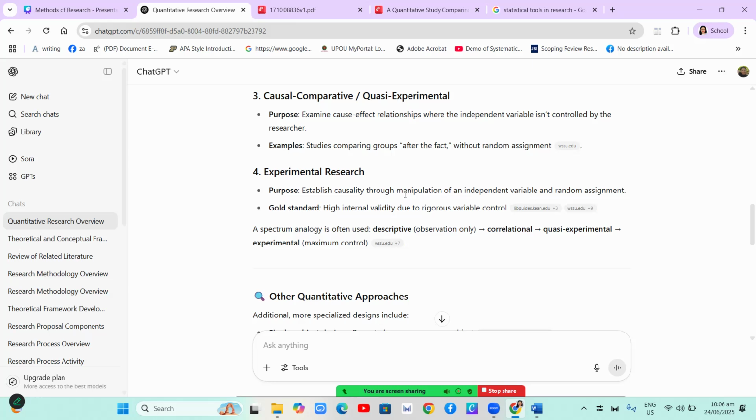For example, in my thesis, my research is entitled Contextualized Comic Strips in Physics. And I use the comic strips as the independent variable, and I apply the comic strips I developed with the topic heat, temperature, and electricity.